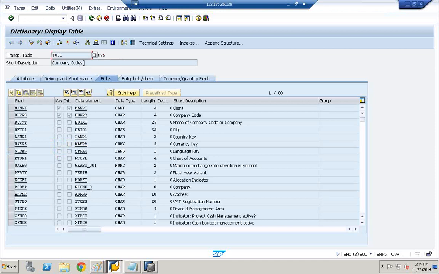T001 for company codes, BUKRS company code, and BU text. WAERS,